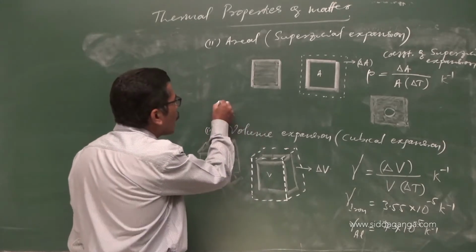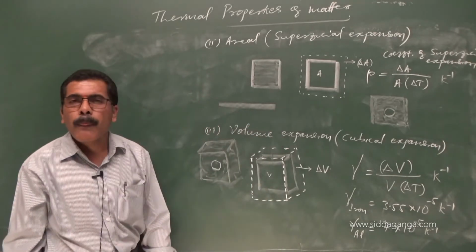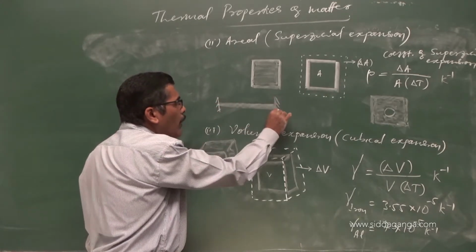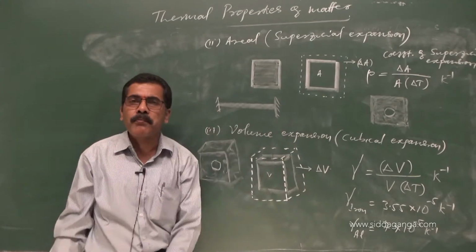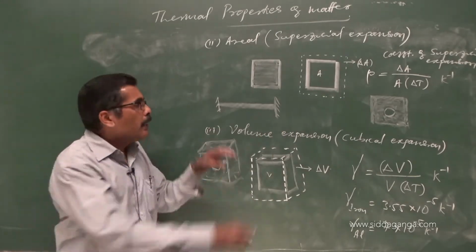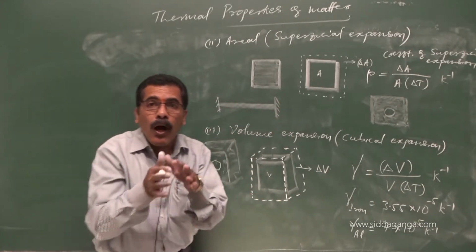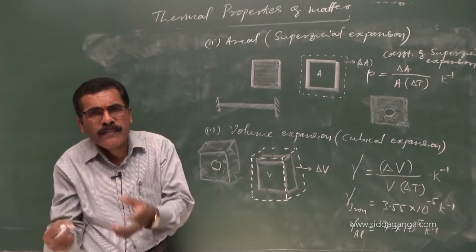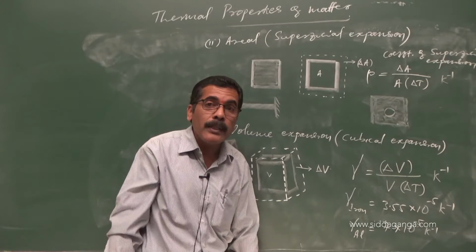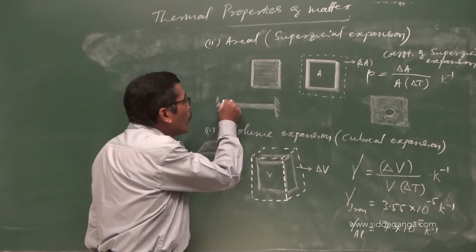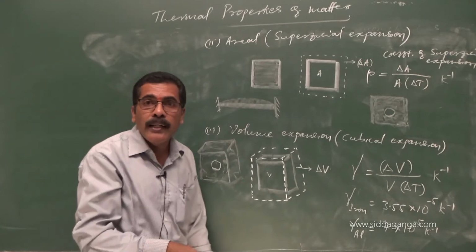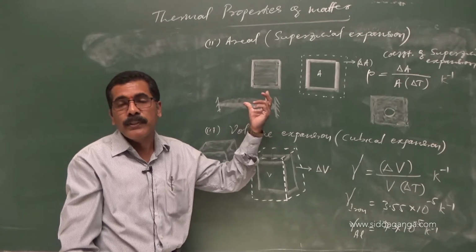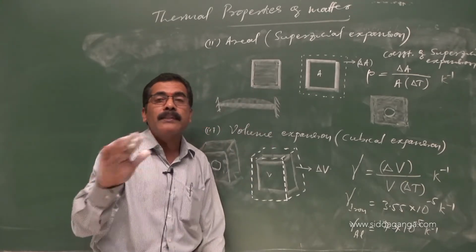Say suppose you have a rod, and this rod is being supplied with heat, but you have rigidly fixed both the ends. It tries to expand, but there is no allocation for expansion. You have not provided any sort of allocation for expansion. Then what happens? This leads to bending of this. Why? Because stress is being developed in the rod. Stress is being developed, and we call that stress thermal stress.